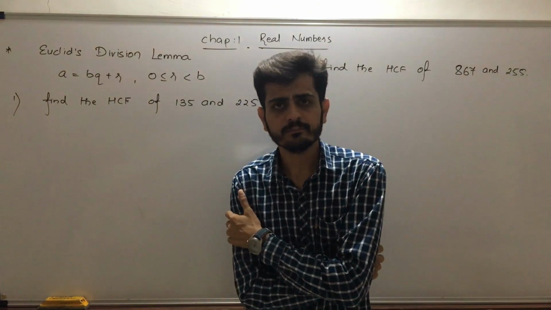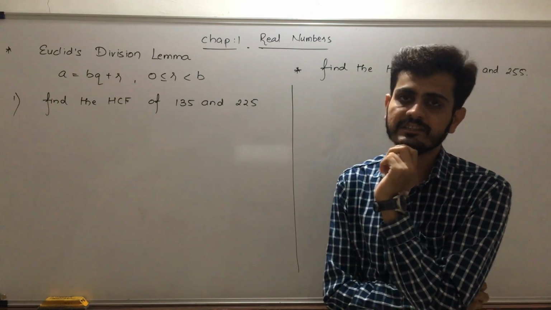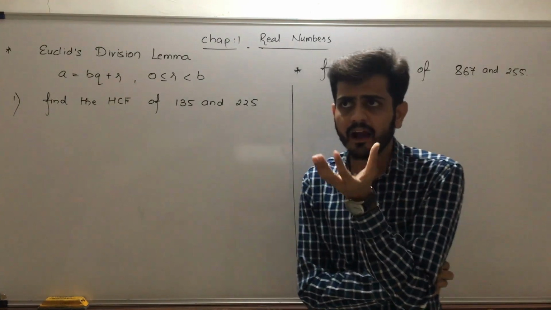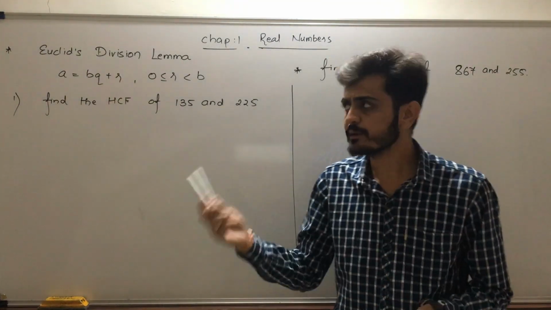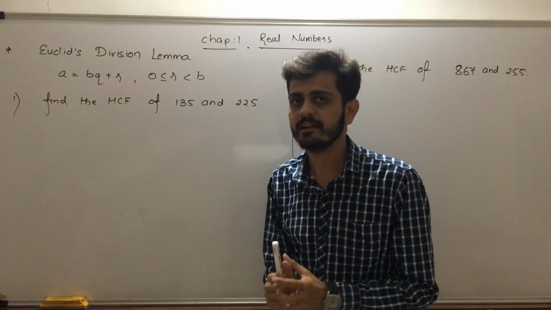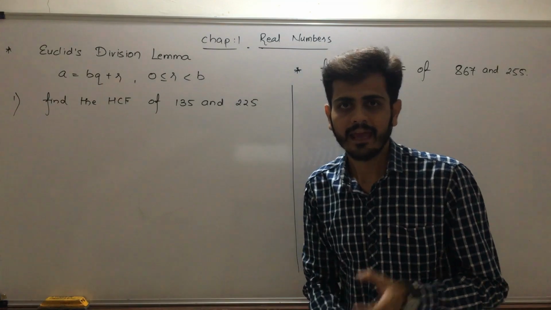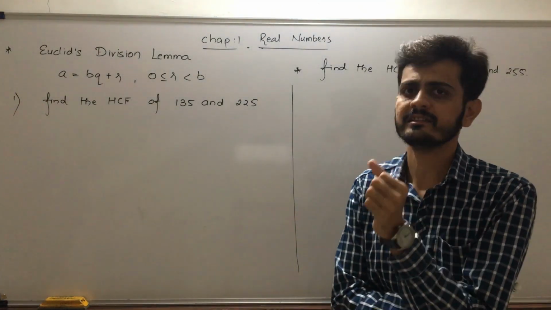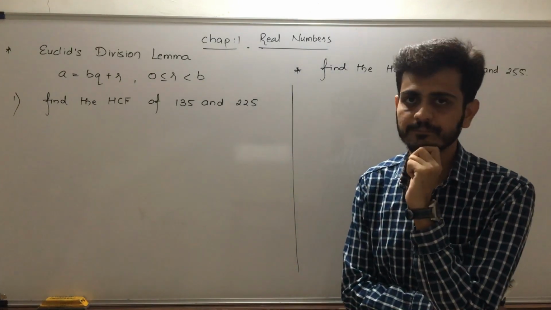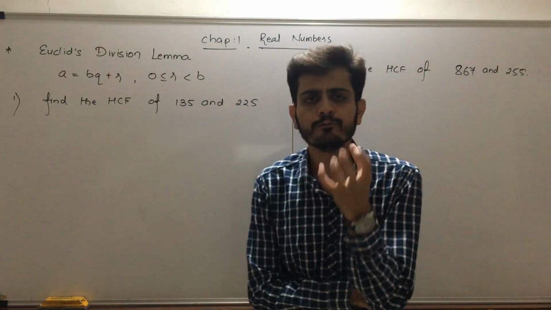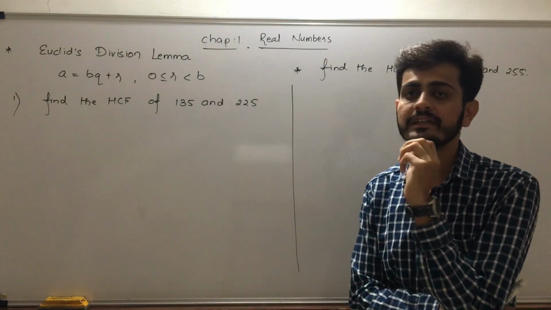Euclid's division algorithm, as the name itself suggests, has to do with the divisibility property of integers. It says any positive integer a can be divided by another positive integer b in such a way that it leaves a remainder r, which is smaller than b. As this result is quite easy to state and understand, it has many applications related to this divisibility property of integers, but we touch upon a few of them and we use it mainly to compute the HCF of two